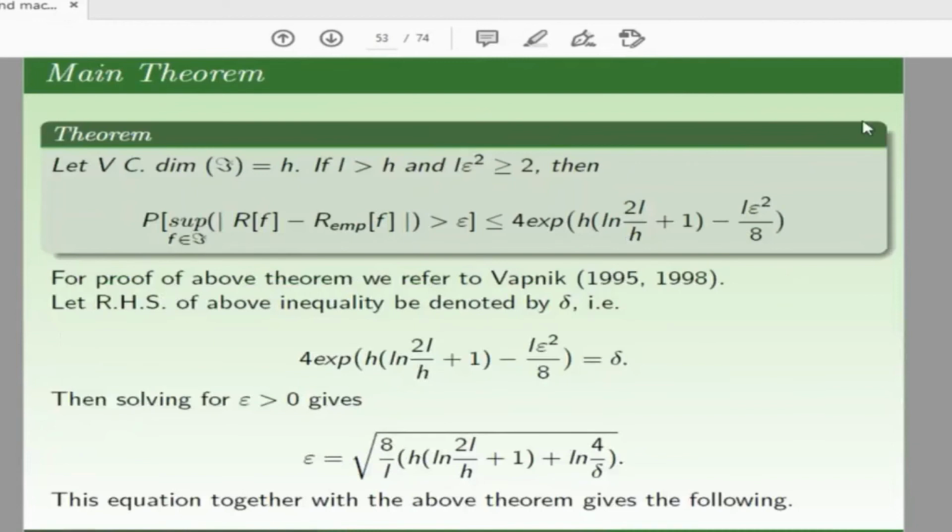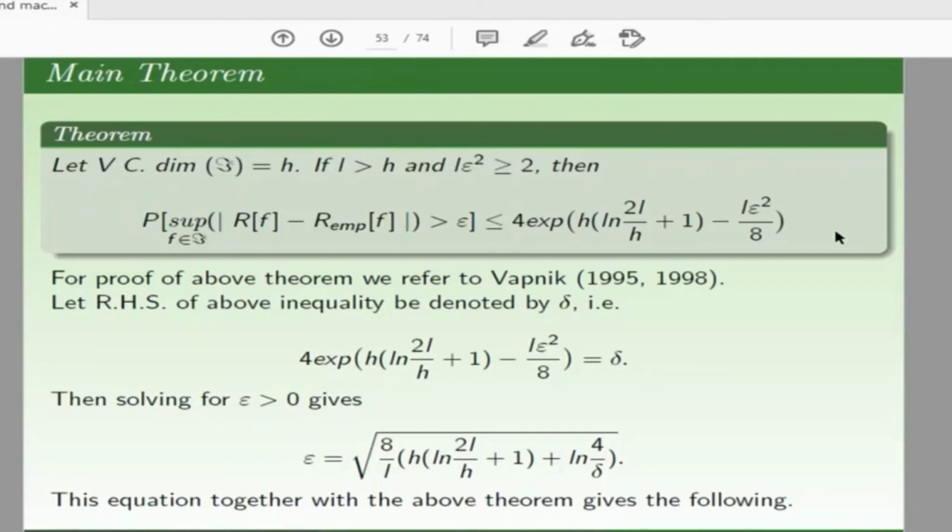confusion which we should try to avoid here. Now this is the main theorem which we understand. So this says that if we choose a family of functions F, and suppose its VC dimension is h, and L is more than h. Remember what is L? L is nothing but the number of data points. So if L is more than h, and L epsilon is more than or equal to 2, then